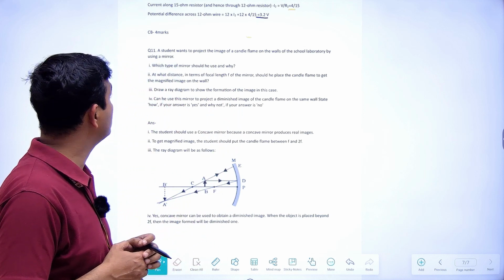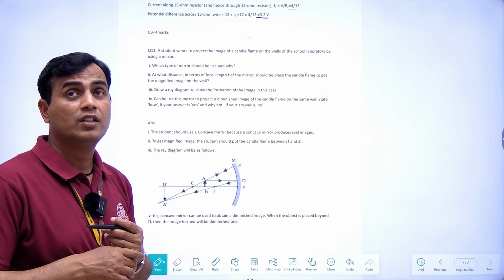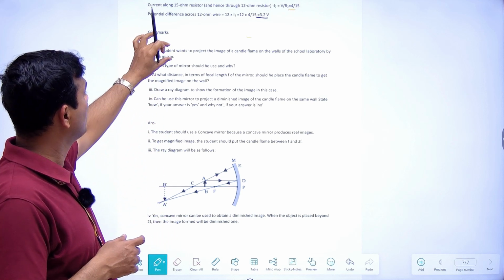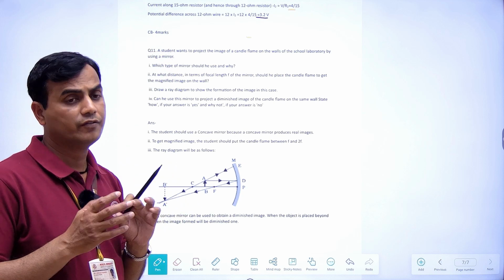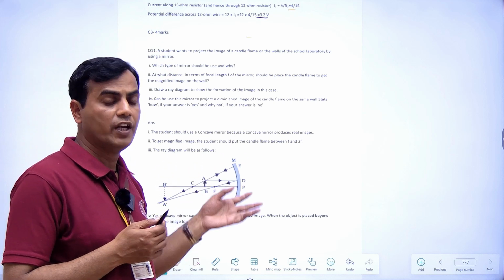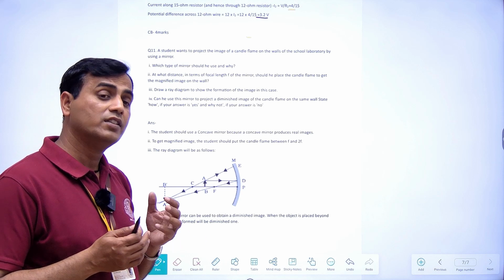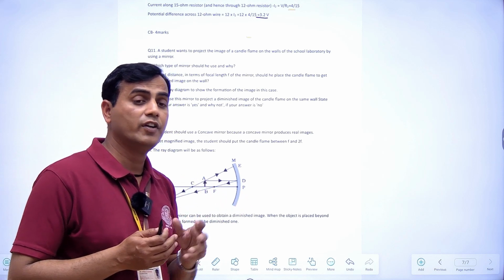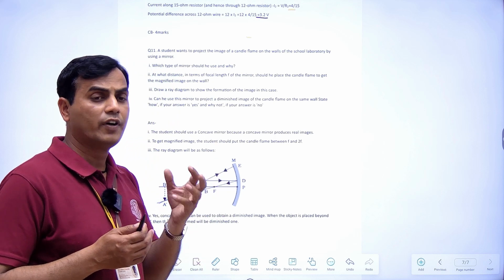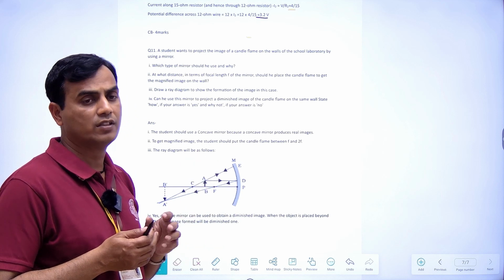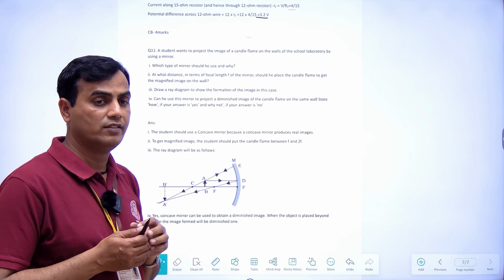Now we come to the last question, which is based on a case study. Here the case part is very small. We have been given one line only, and on this basis we have to answer 3 to 4 questions. There is also a different type of case study where 4 to 5 lines or 5 to 6 lines, a paragraph, will be given, and we have to answer on these lines.